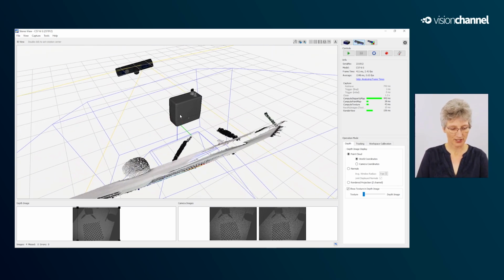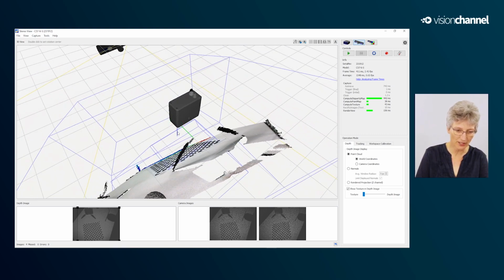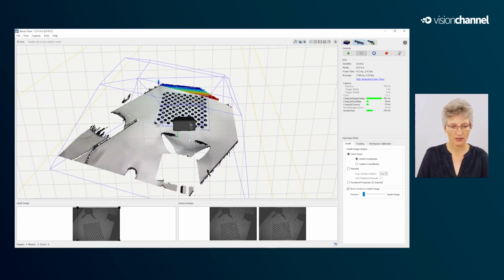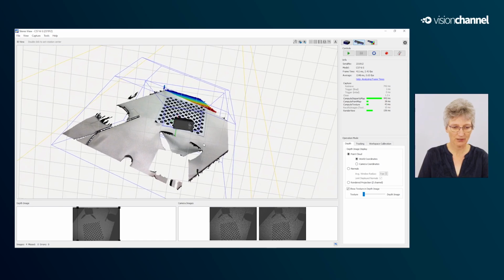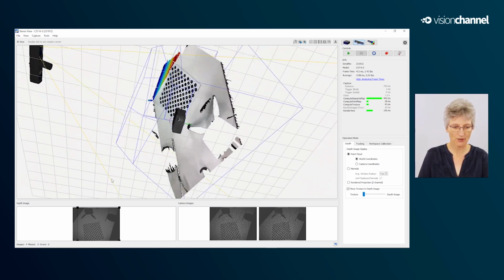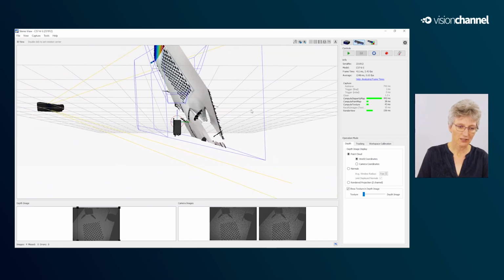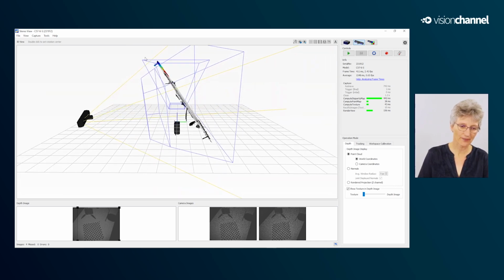We choose the Ensenso B, this model here, to be the reference coordinate system, and you have here the blue line is the Z-axis and the green is the Y-axis. And the blue boxes here, I try to rotate it, but it's difficult. Okay, like this. Here you see the viewing field of the Ensenso C. This is this one. And this is the viewing field of the Ensenso B.